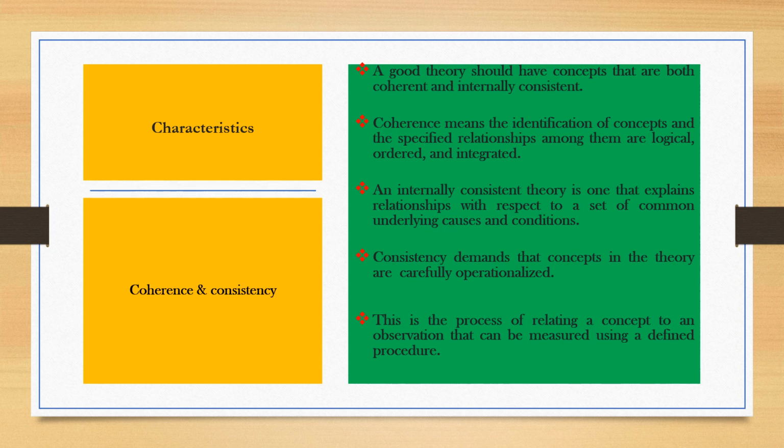So a good theory is one that has concepts, one that has terms, and those terms are clearly defined, and their meaning within the understanding of that theory is properly explained, so that readers and scholars are not subjected to a situation in which concepts are used but their meanings are not properly defined, and even if they're defined, the context under which those definitions are given is not clear. So a good theory is one that should be in harmony in terms of the concepts that exist and the explanations that also accompany them.